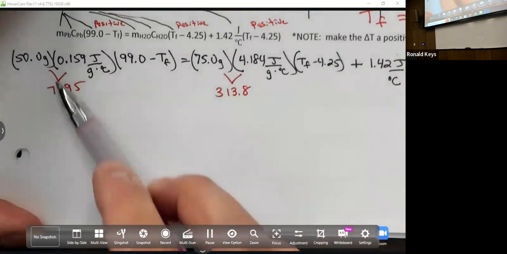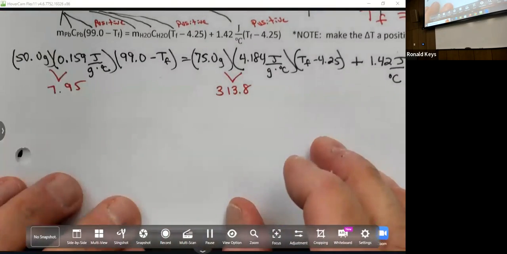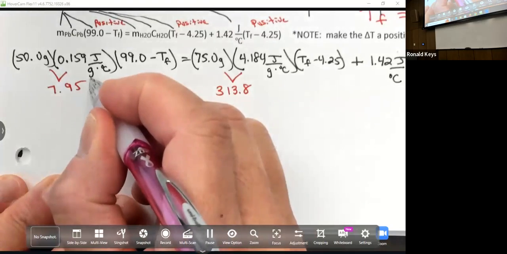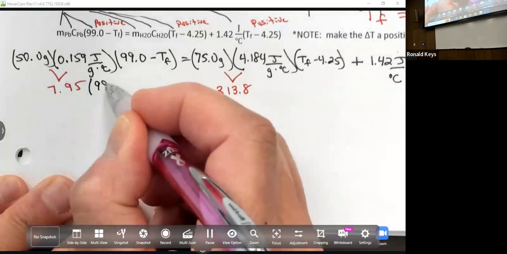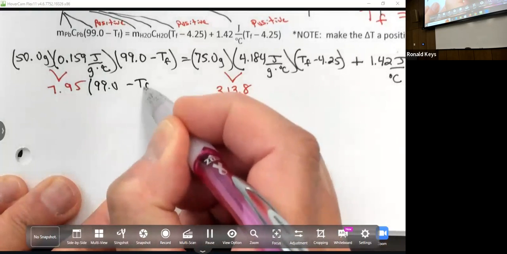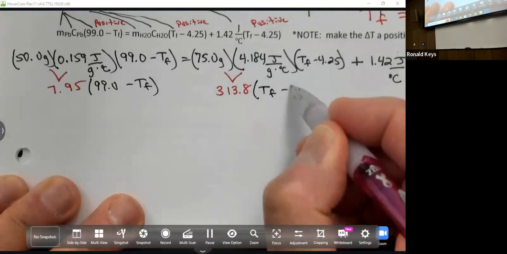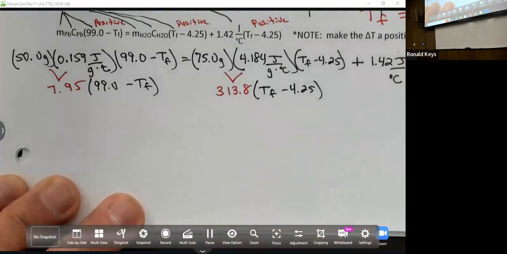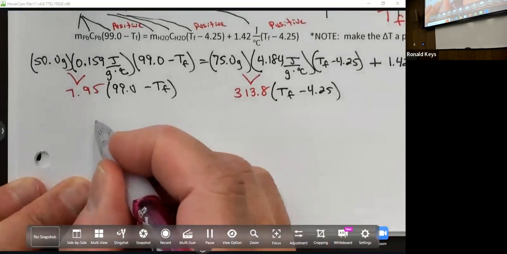So 7.95 if you multiply these two, and still T final minus 4.25, right? So if we distribute this through, we are going to get